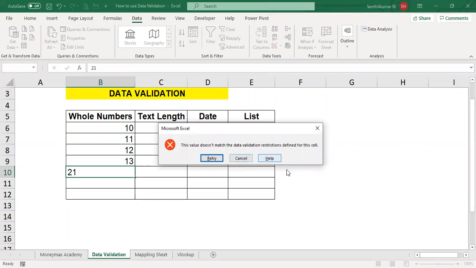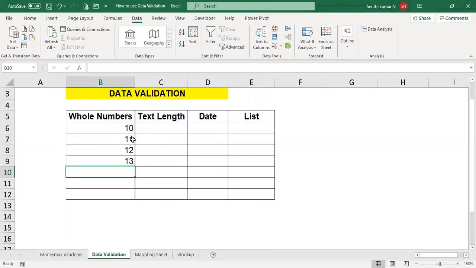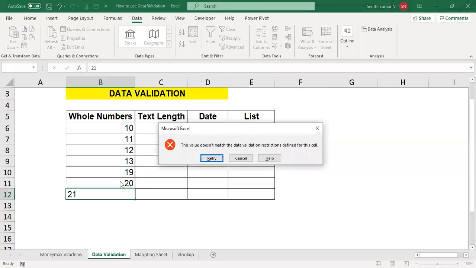The error will come. Why? Because we have restricted the data. We have given the validation on that data between 10 and 20. So if you are selecting 20, not a problem, but if you go above 20, to 21, you will get an error.